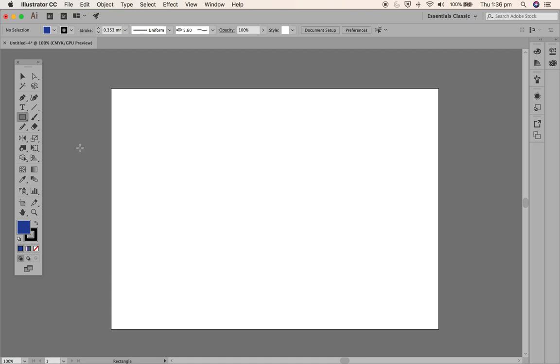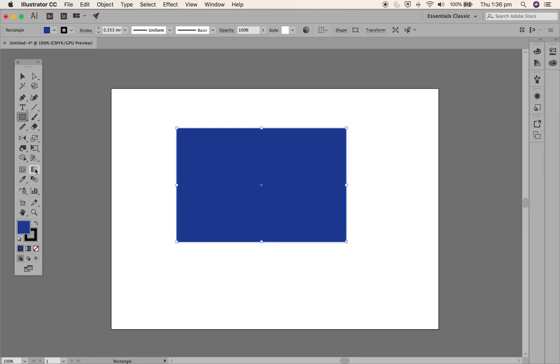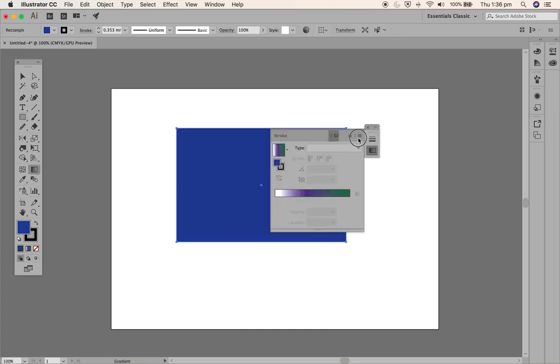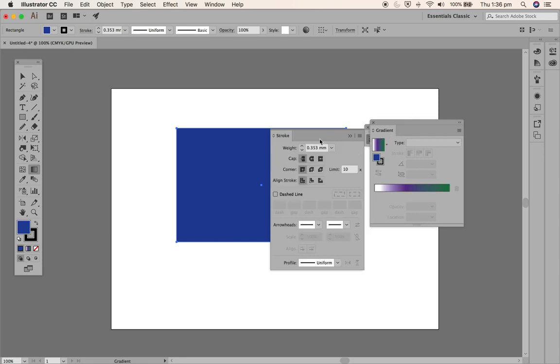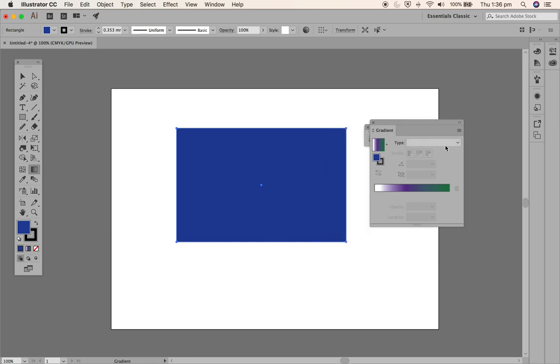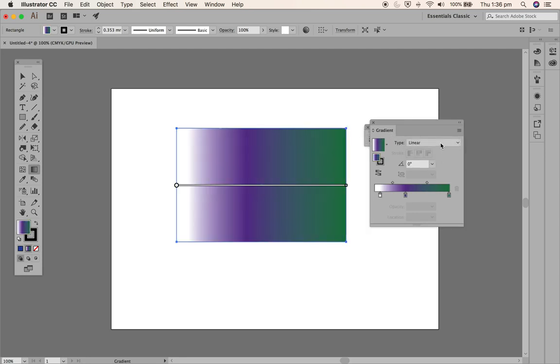In this tutorial, we're going to have a look at the gradient tool down here and a couple of these other tools that are in the tools palette. So start off by drawing a rectangle and double click on the gradient tool, and you've got a little palette that pops up. You can choose if you want a linear or radial